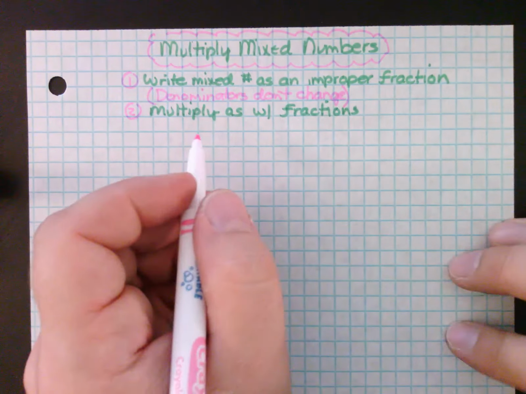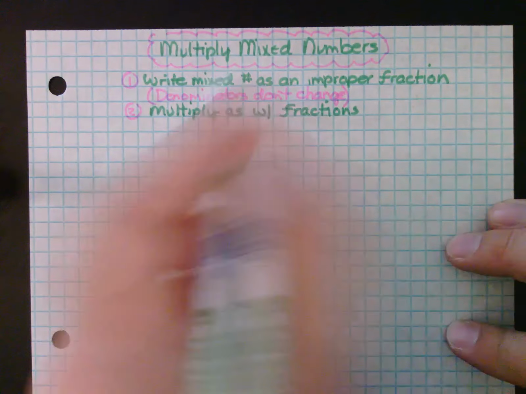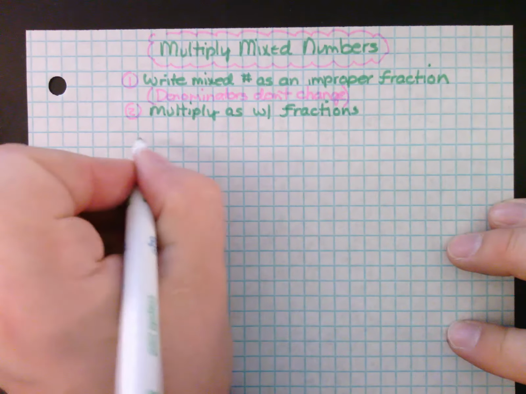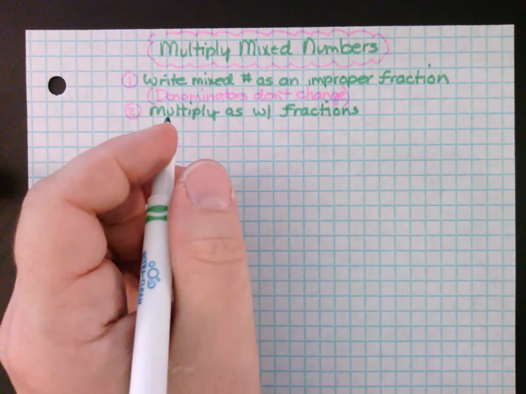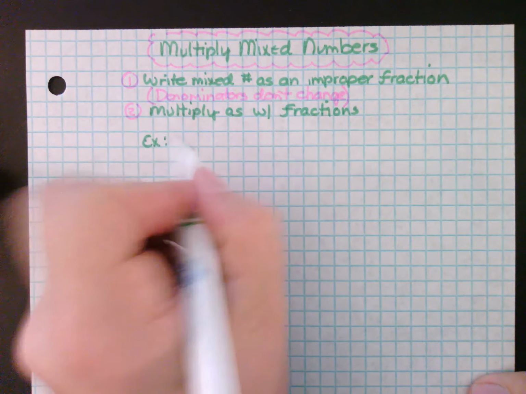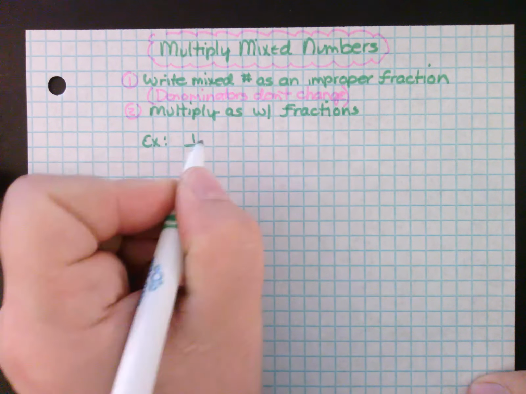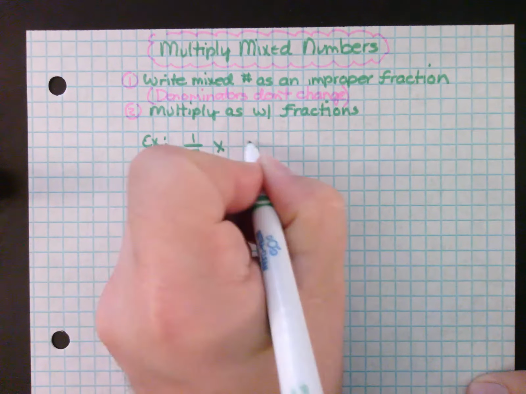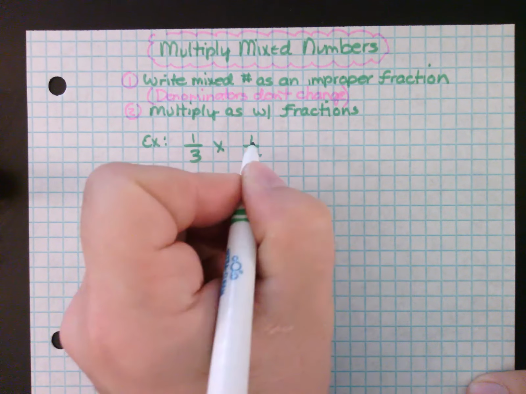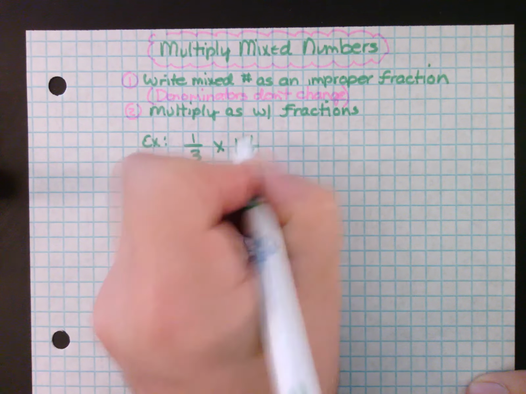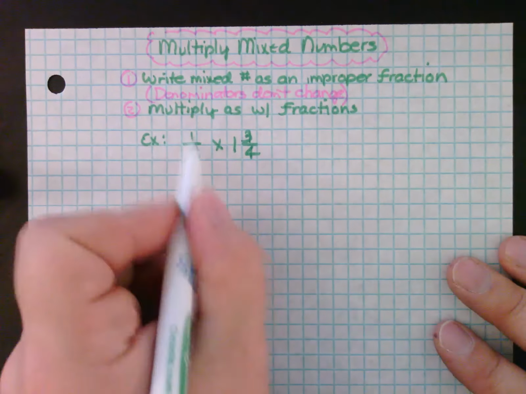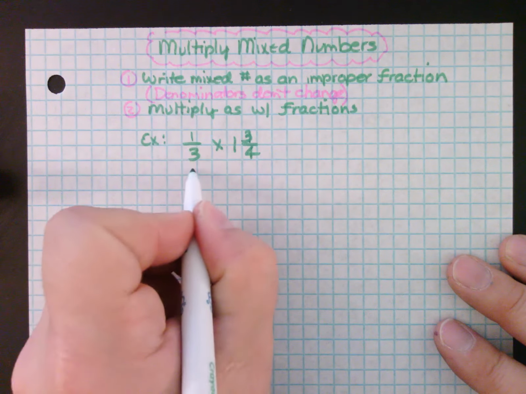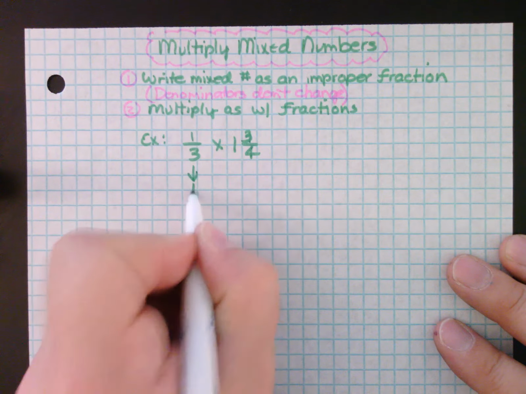So I have an example here where I might take one-third times 1 3/4. Let's do that. So this one's already just a fraction, not a mixed number, so I'm just going to recopy this. 1/3